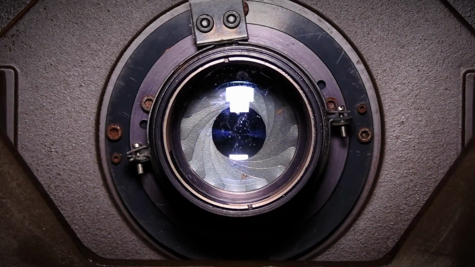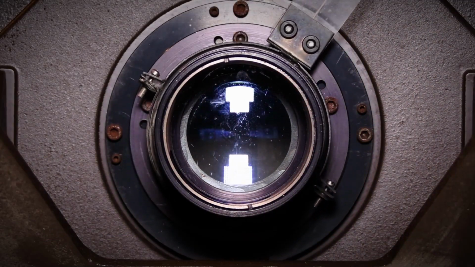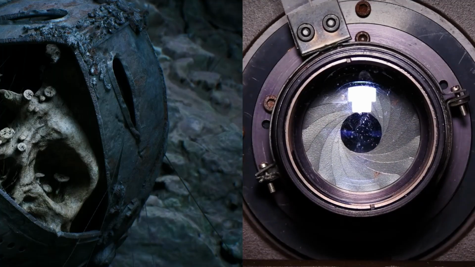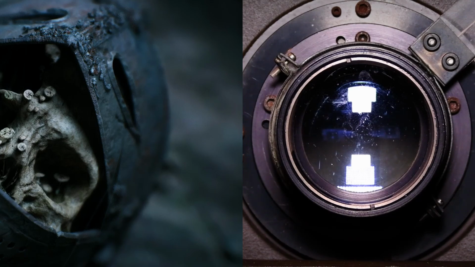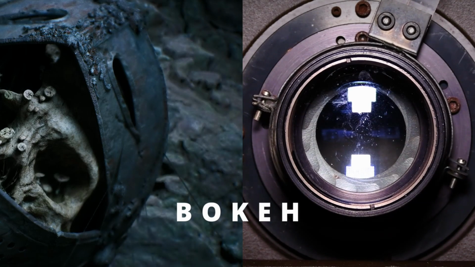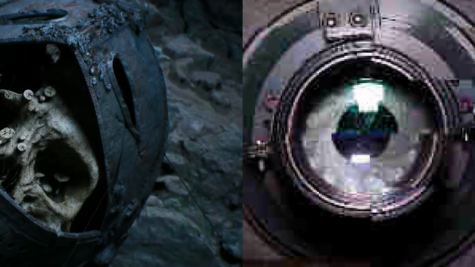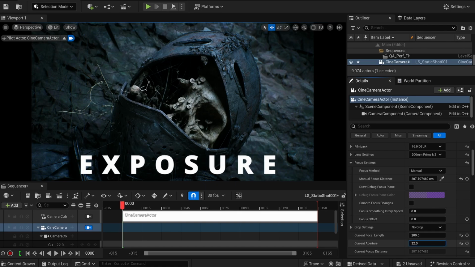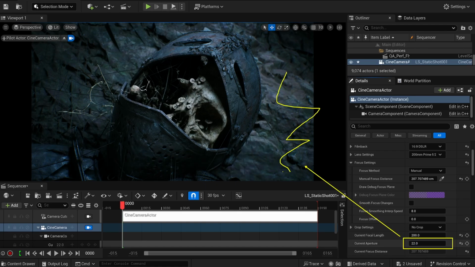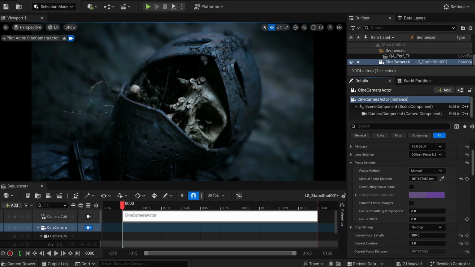To put it simply, the aperture controls how wide your camera lens opens. The wider the opening, the shallower the depth of field, creating a stronger blur effect on objects out of focus. This effect is called bokeh. A wider aperture also allows more light into the camera. The value you manipulate for the aperture is called f-stop. The amount of light we let enter is what we call the exposure. The smaller the f number, the larger the aperture. The larger the f number, the smaller the aperture. So if you have low values, you should get a more intense bokeh and more light coming in.